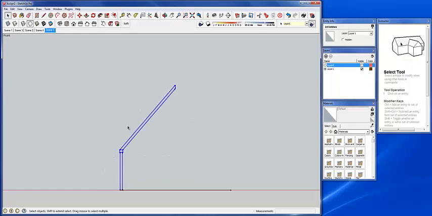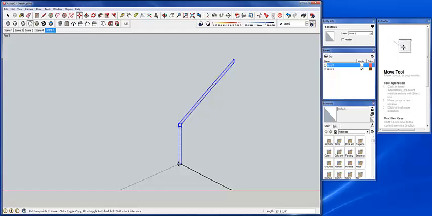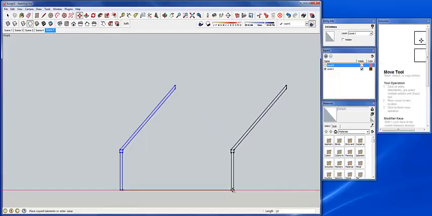So I'm going to select that, and I'm going to copy that, and the way to do that is to move by pressing the M key. I can activate that, or I can use the button up there. And then I select that, and it's immediately going to start to move it. If I want to activate the copy, I hit Control, and then I can go ahead and copy that over